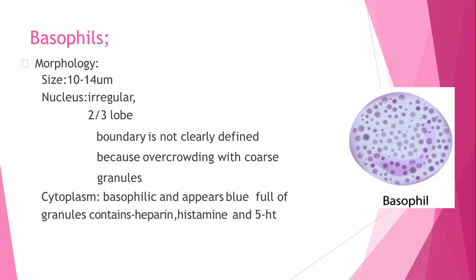So it becomes very difficult to identify the cell also. And in the first year again, it becomes very difficult. In your books, the count is written as 0 to 1%. So that means 0 is also common. So many a times, if you are counting 100 cells, it may not be possible to see one basophil.